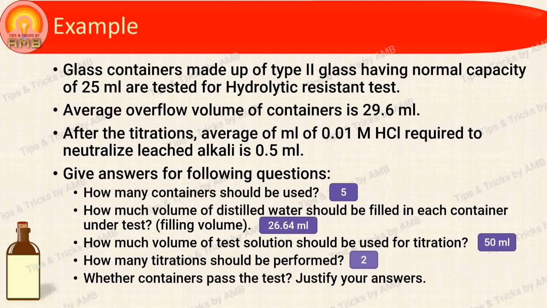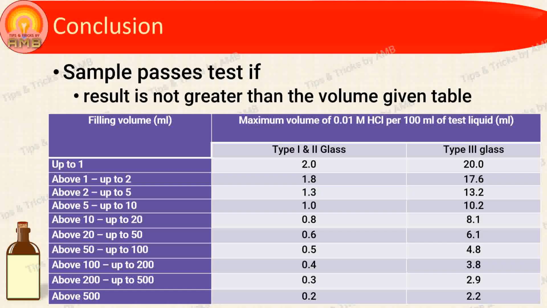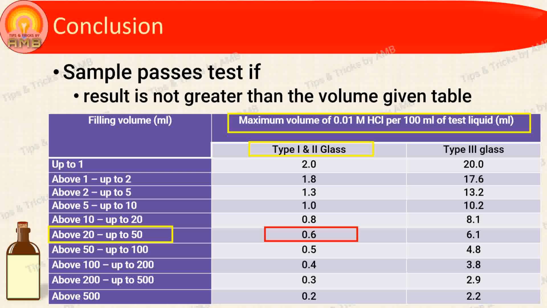Now coming to the last question, whether the container passed the test, the answer is no. Now you have to justify why the answer is no. For that, you have to go through this table. As our container filling volume is between 20 to 50 ml and the container is made of type 2 glass, the maximum volume of 0.01 molar HCl per 100 ml of test liquid required to neutralize the alkali is